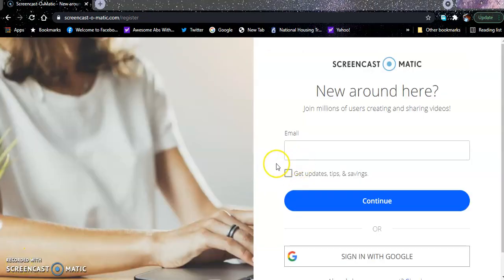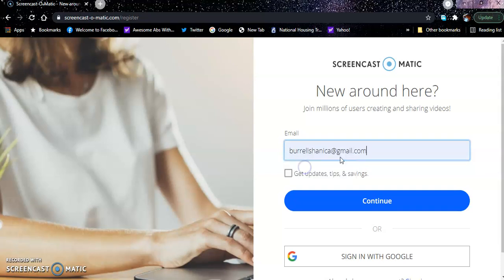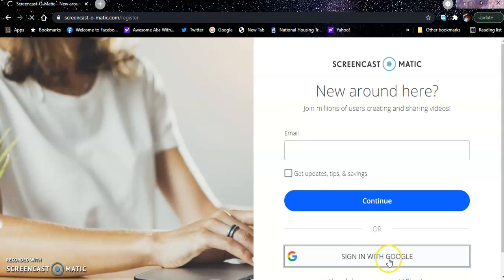So you will see a screen like this come up. You can choose to type in your email address and create an account, and then you click continue, and then it will ask you to put in your password, etc. But I won't be doing that today. I would like to sign in with my Google account because I have a Google account already. So I'm going to be clicking on sign in with Google. So while it loads,